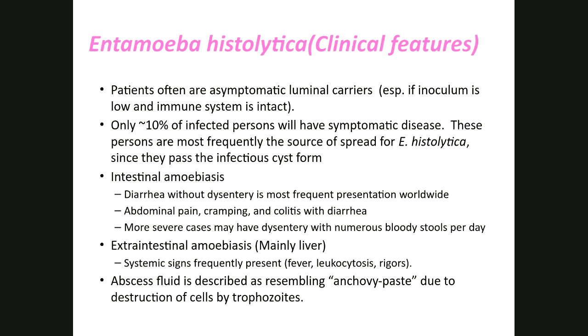Intestinal amoebiasis presents most of the time with watery diarrhea, a small amount of water and feces the patient passes, and sometimes then it presents with a more invasive form with abdominal pain, cramping, blood even, and